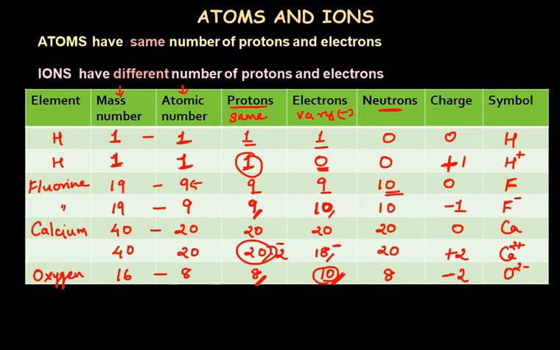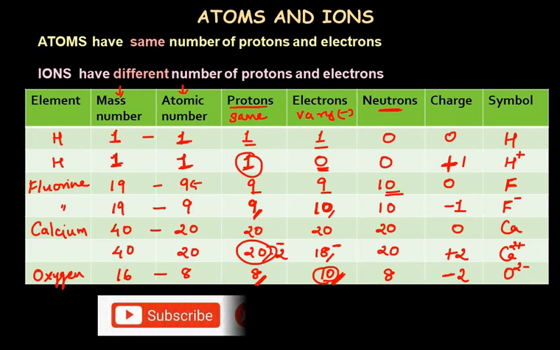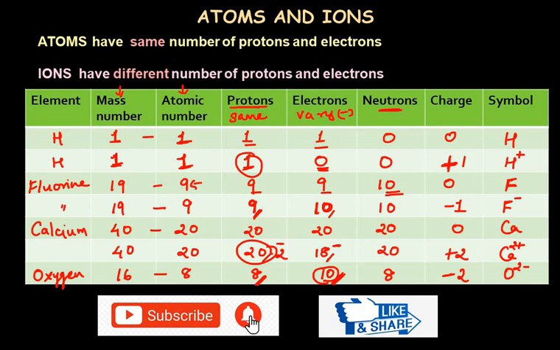So this is the basic information about atomic structure: there are protons and neutrons present inside the nucleus of an atom, and electrons are revolving outside the nucleus. The difference between atoms and ions is that ions are charged atoms, charged particles of an element. And how can you make out the charge of an ion? This is what you have seen in the table.